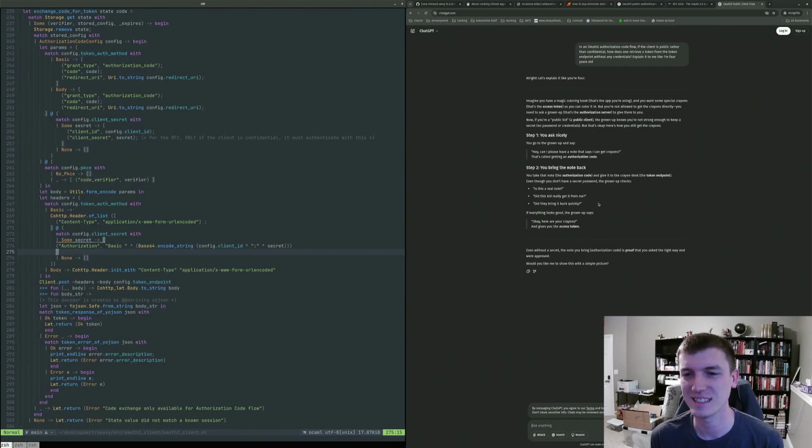You ask nicely: can I please have a note that says I can get crayons? That's called getting an authorization code. Step 2, you bring the note back. You take that note, the code, and give it to the crayon desk, the token endpoint. Even though you don't have a secret password, the grown-up checks: is this a real note? Did this kid really get it from me? Did they bring it back quickly? If everything looks good, the grown-up says, okay, here are your crayons, and gives you the access token. Even without a secret, the note you bring, the authorization code, is proof that you asked the right way and were approved. Would you like me to show this with a simple picture?